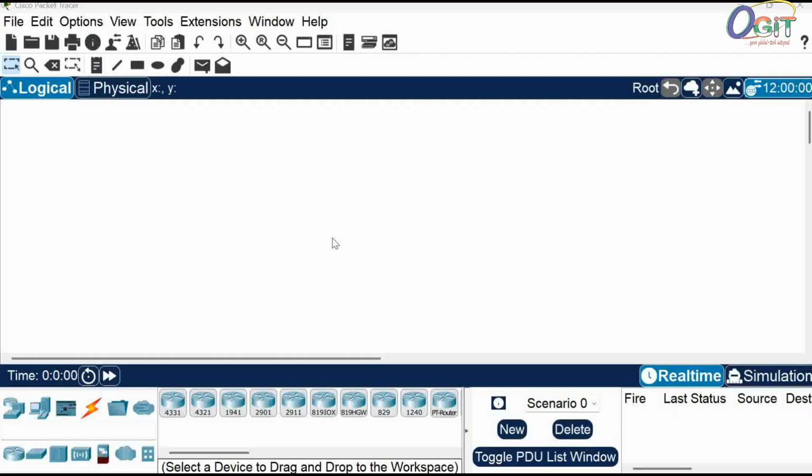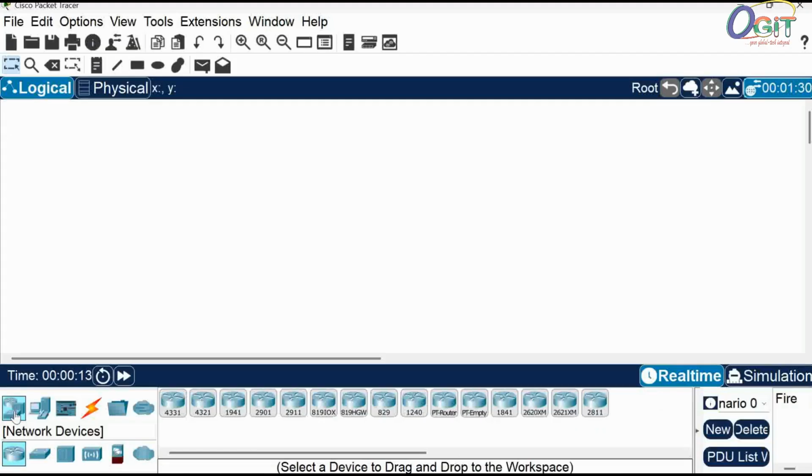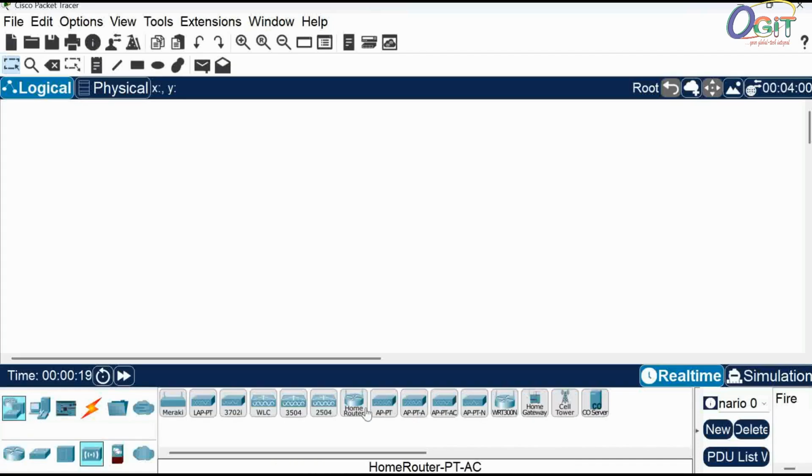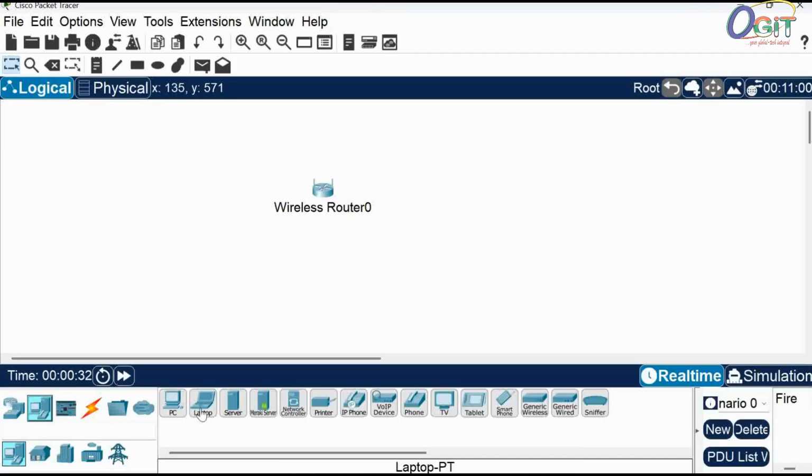So let's kickstart. What we'll first do is let's start by inserting the devices we want to use. So we are going to use a wireless router, and let's pick the home router here to use. Drop it here. So we have that, and then let's make use of a PC, and we are going to be using two workstations, one PC and one laptop. Let's see so that we can test run our settings. Let's pick the router too. Okay, so after doing this, let's